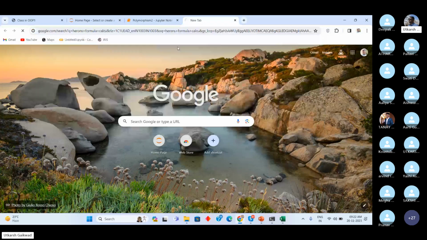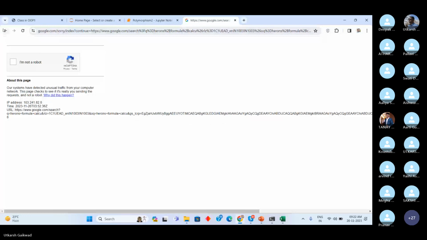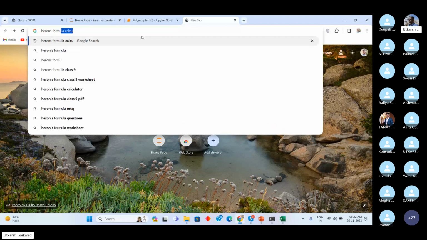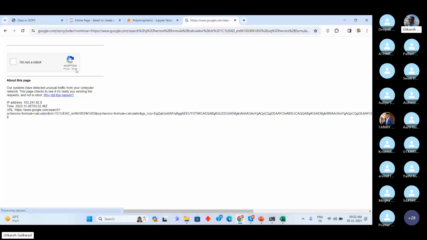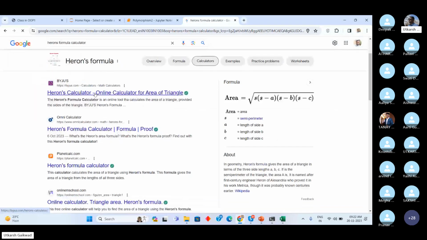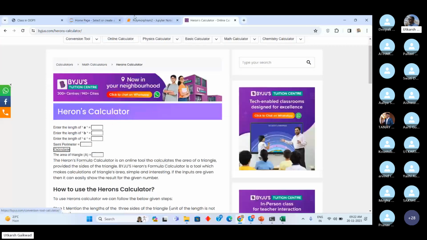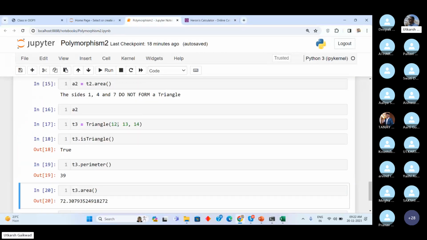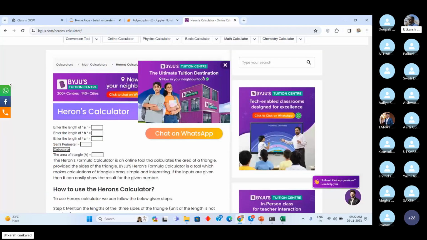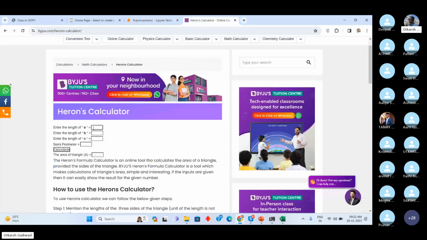So I can confirm this, whether that is correct. I can check this. So here, let me calculate the area of this triangle. The triangle sides are 12, 13 and 14. So let's see what happens here. If I write 12, 13 and 14 and press calculate,